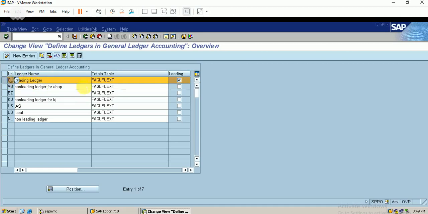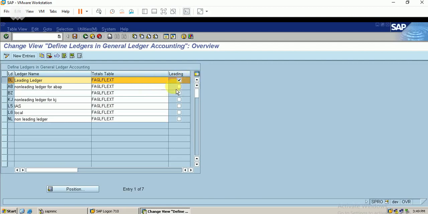The tick mark appears here, and for the remaining ledgers we don't have any tick mark, which means this is the leading ledger. By default, documents we post in a company code correspond to the leading ledger. Till now we have not created any non-leading ledger, so by default documents will only be posted with this leading ledger.